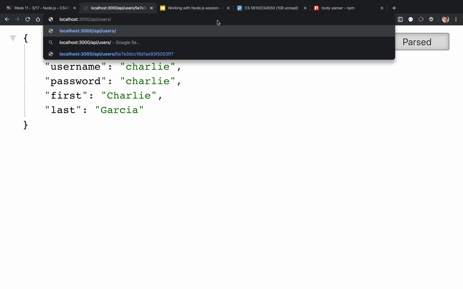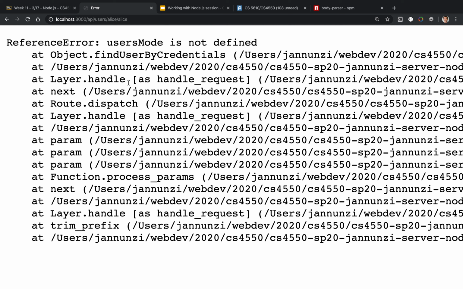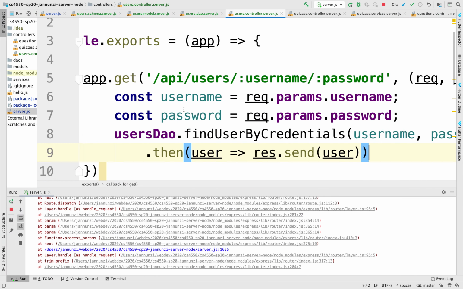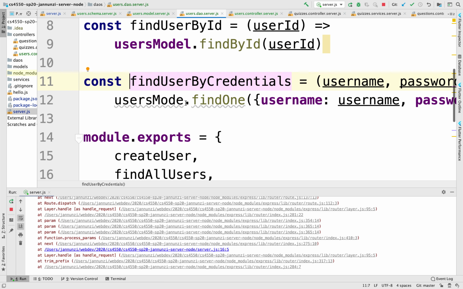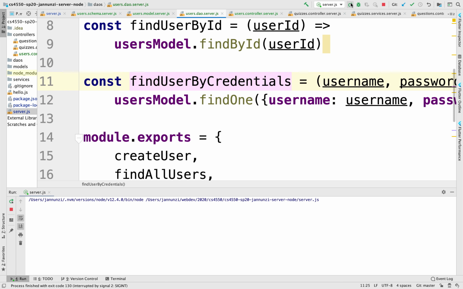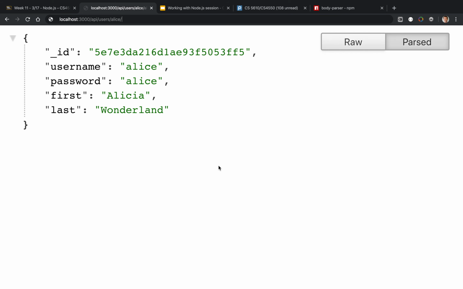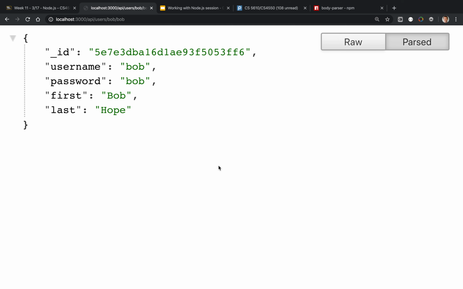browser, right? And we know that we have Alice in there that also has Alice as a password, and it did not quite work. Looks like I misspelled something. Credentials. This is users model. Okay, misspelled that. Let's run that again. Let's try that again. There it is, Alice, Alice. I can also retrieve Bob and Bob, username and password. There we go. So we are able to retrieve that one single document, right, using the username and password encoded